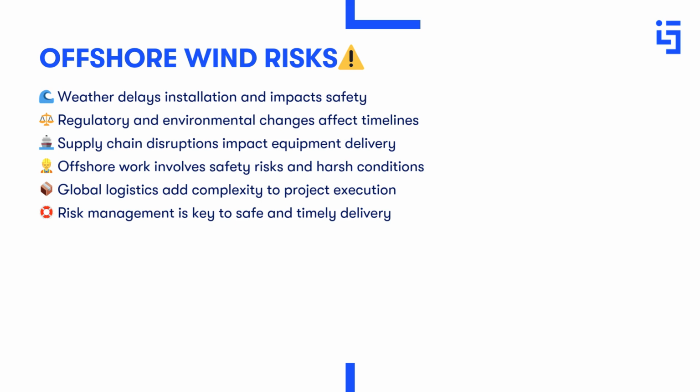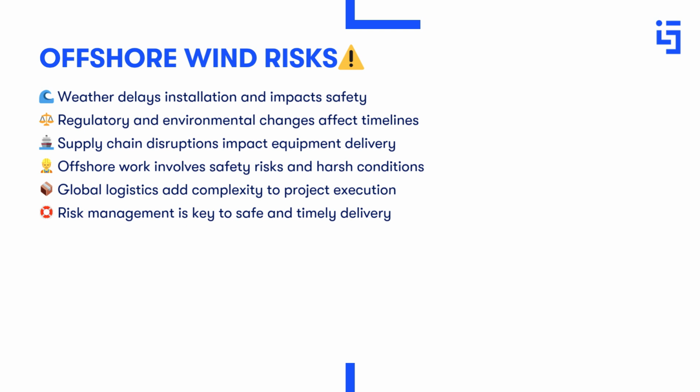This connects directly to regulatory and environmental complexity. Changes in regulations, stakeholder concerns or environmental findings, such as protected species, can delay or alter projects, making early engagement with authorities essential. Supply chain dependencies add further risk. Projects rely on global logistics for turbines, vessels, and equipment, so manufacturing delays, labor shortages, or transport disruptions can significantly